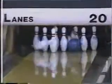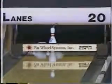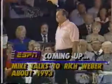Got back to within 8. Nice smooth stroke here. Got a little deeper, and he's still having problems on the right-hand lane, but Jim Brown finally subdued, and Gene Stus will move along into match number 3. Jim Brown, with a beautiful effort, finishes 4th here this week at Seminole Lanes. When we come back, Mike Durbin will